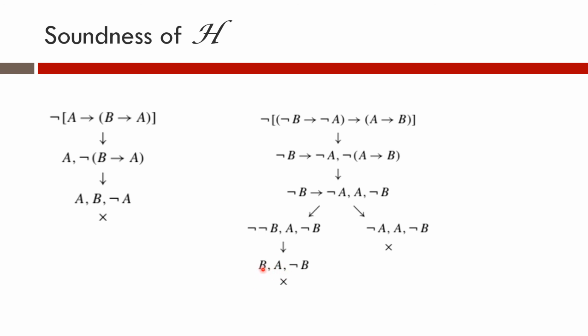So this particular child has got only literals, and that is B, A, negation B. Here again we have a complementary pair of literals, B and negation B. So this branch is closed. Here also we have a complementary pair of literals, A and negation A. So this is also closed. Since all the branches are closed, this particular formula is not satisfiable, which means the negation of this formula is a valid one. Similarly, we can prove this for axiom 2 also. So, thus it is proved that axioms 1, 2 and 3 of the Hilbert system are valid.